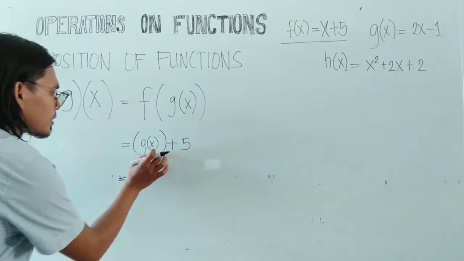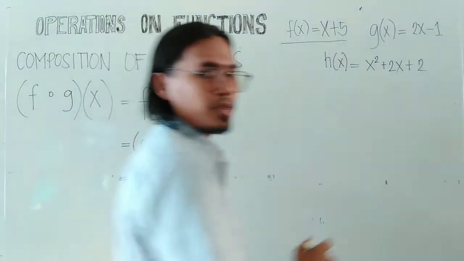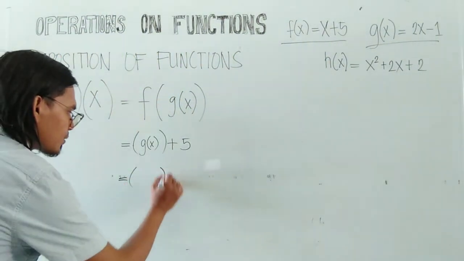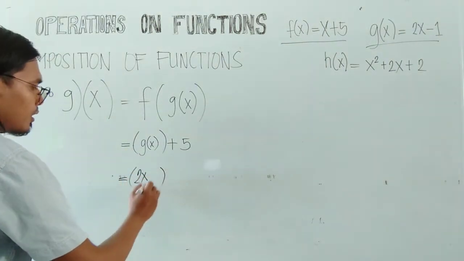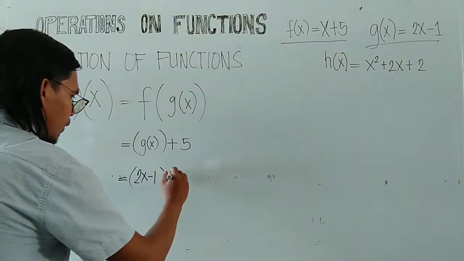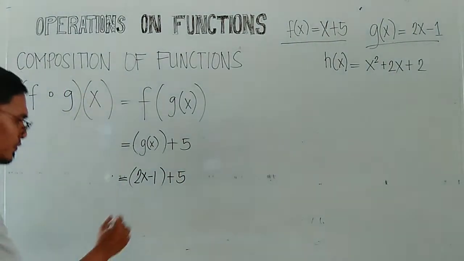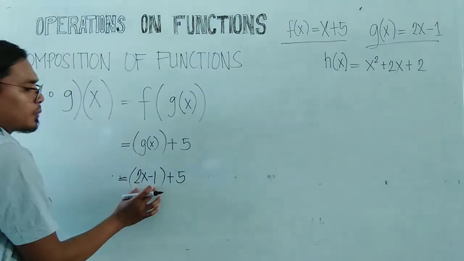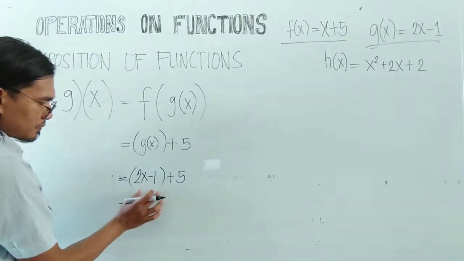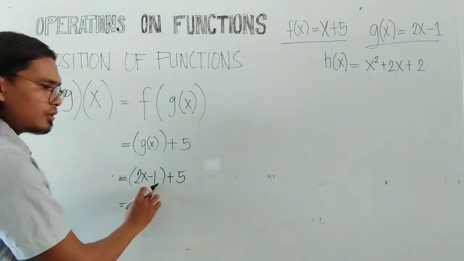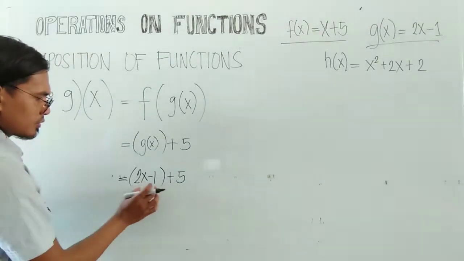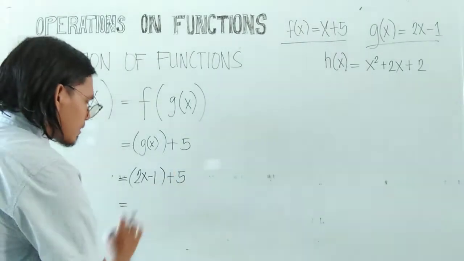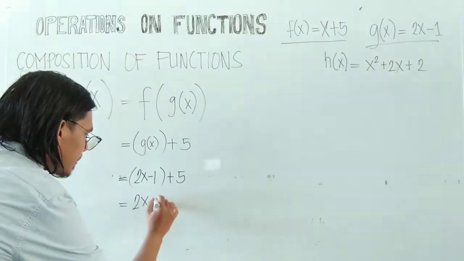Okay? Continuing, what is your g of x? So g of x is given on the board. We have g of x equals 2x minus 1. Then substituting, we have 2x minus 1. Copy your constant 5. Then GEMDAS or PEMDAS. We will operate first inside your parentheses, but looking at 2x minus 1, we don't have any operations to be performed. So let's proceed to exponent. We don't have any exponent. So we will just copy